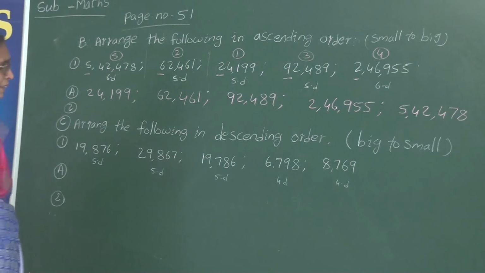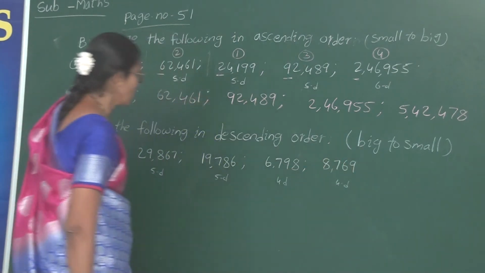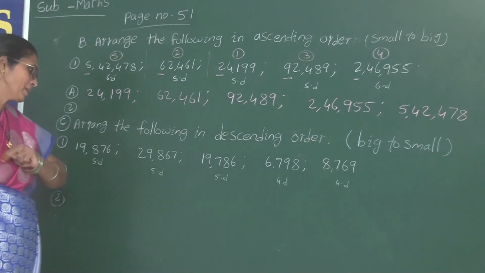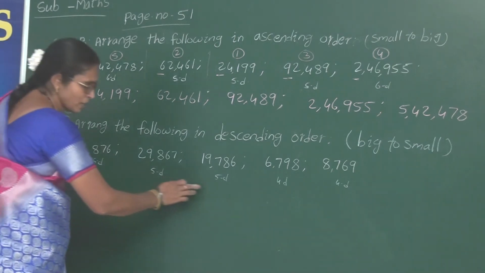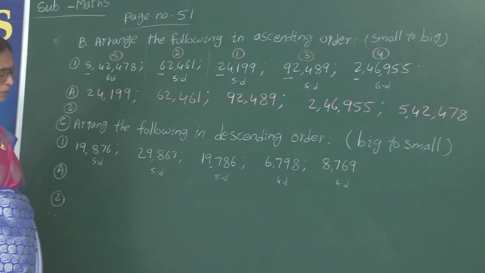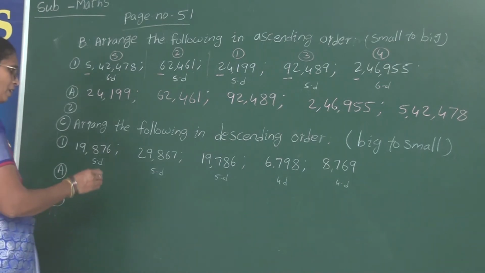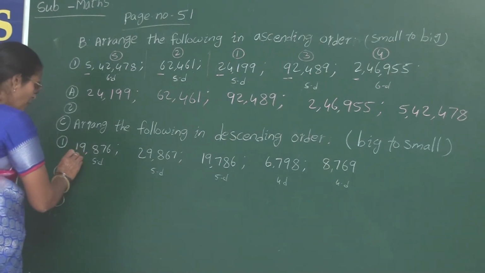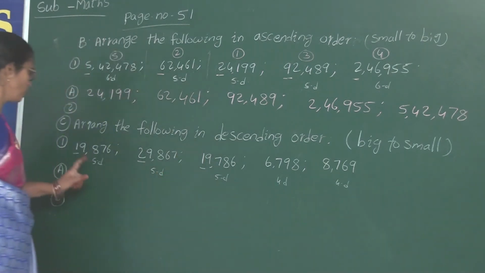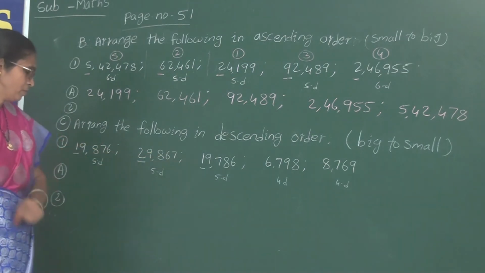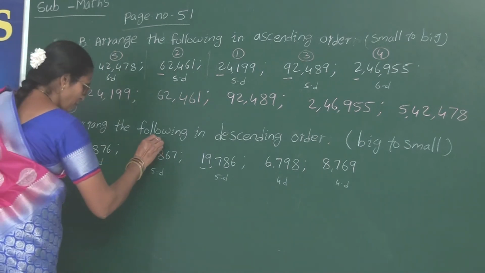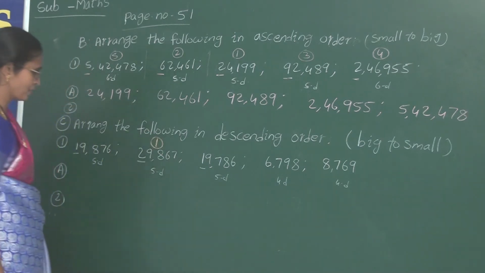First of all, we want to select the biggest or largest one. Biggest or largest one in descending order. So the 5-digit numbers are the biggest. Here, how many 5-digit numbers are there? 3 are there. Out of these 3, we select the greatest one. From the left side, what is that? 1, 2, 1. Which is the biggest one? 2 is the biggest one. That is, this is first place.